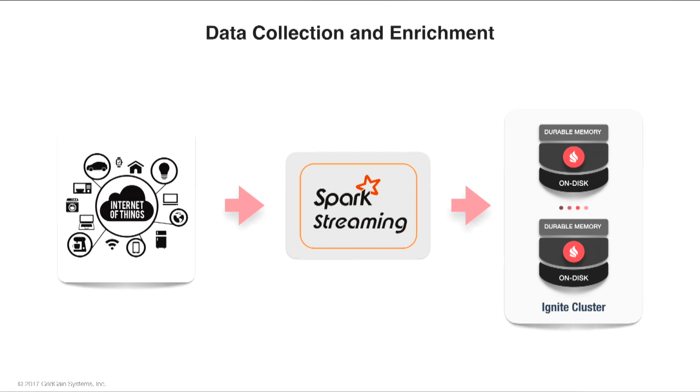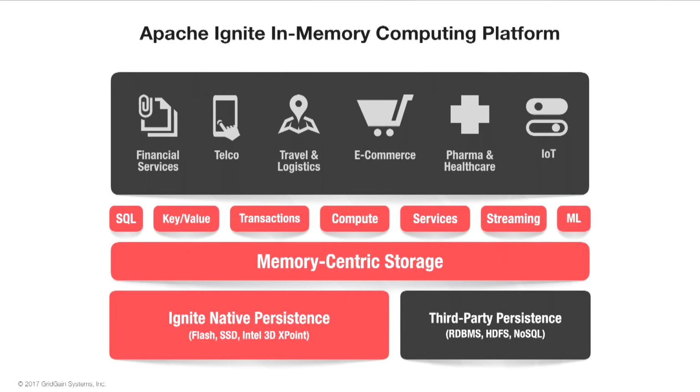Once Spark receives all this data, you can directly on the Spark side enrich this data or transform it, adding some payload such as a timestamp of a measurement. And finally, once you're done with this part, you can push the data back to your database, which will be your Apache Ignite cluster, if we refer to this architecture. And speaking about Apache Ignite,